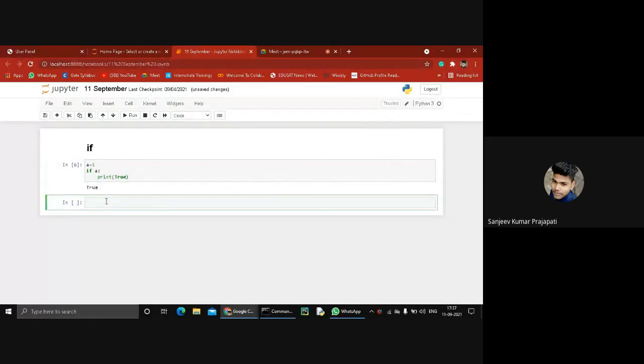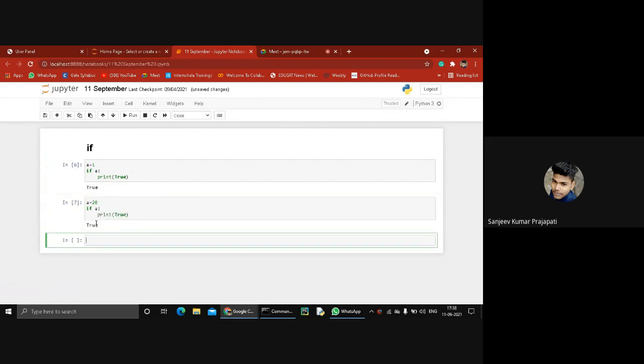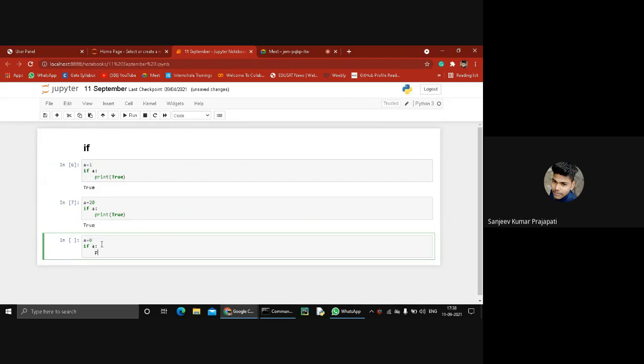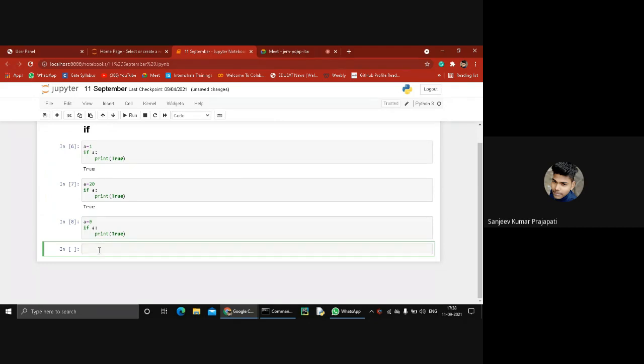For example, a equal to 20, then if a and again print true, so again it returns true. And next is a equal to 0 and if a, print 2, so it returns nothing.